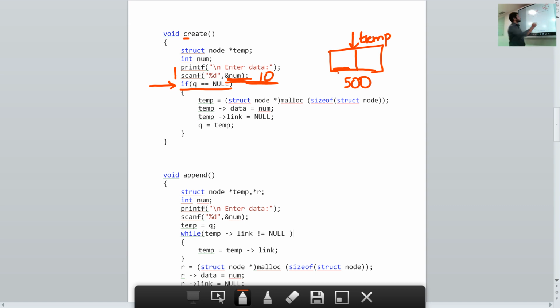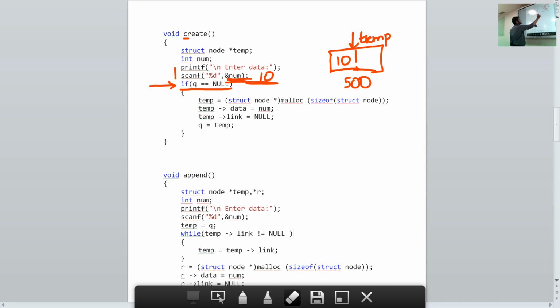So that means we are going to store the value here, in this part of the node. So when we say temp arrow data equal to num, num is containing the value 10. That value 10 will be stored in temp arrow data. That means here we will get 10. Got it? Okay.